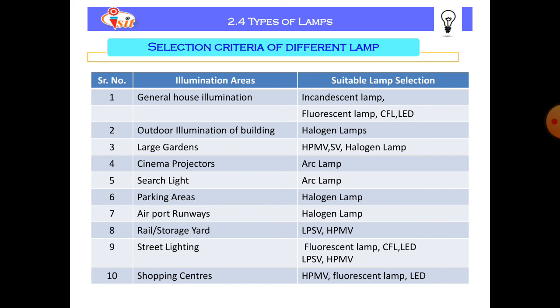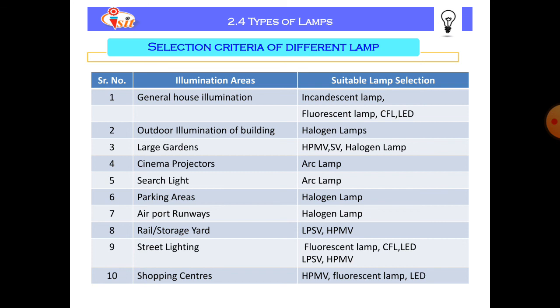The next illumination area is airport runways. To navigate, guide or land the plane at the airport we have to use a focused lamp like halogen lamps. The next one is storage yards or railway yards. In the yards we select low pressure sodium vapor lamp as well as high pressure mercury vapor lamp.